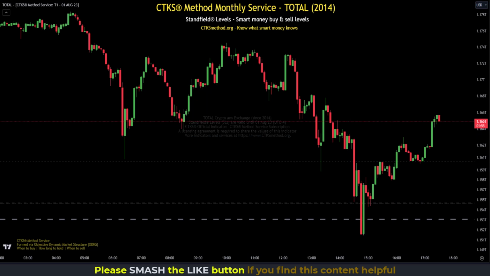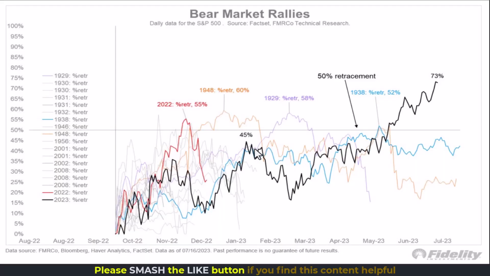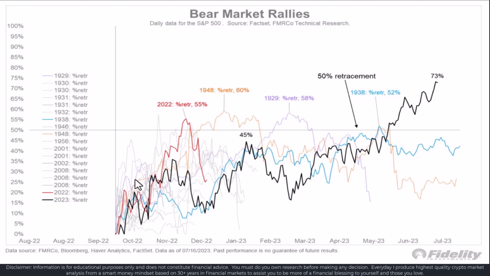So the question is, where are the markets headed? The consensus is we've entered into a new bull market because the concept is this is unlike a bear market rally. Typically, bear market rallies come up about 50%, 55%. You can see we're up